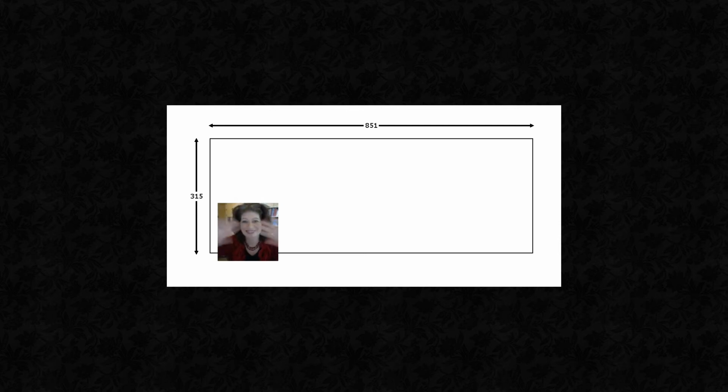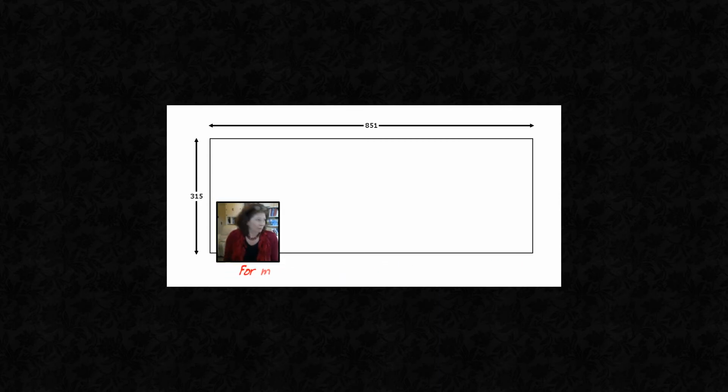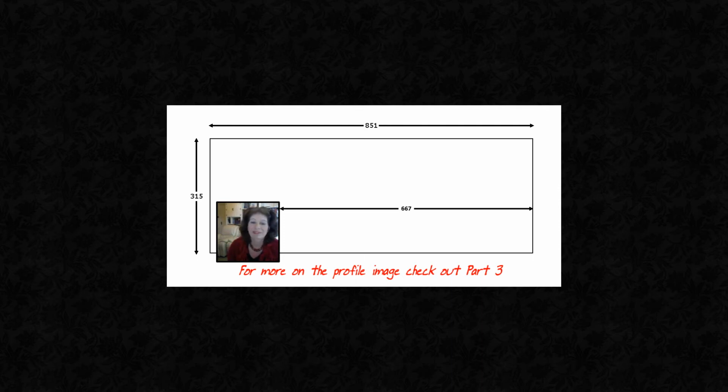I doubt you'll really mind the major obstruction, which is your own profile pic. It's displayed as a 160 pixel square image, but Facebook recommends that you upload an image of at least 180 by 180. Whatever you do, make sure it's a square image you upload to avoid any distortion. And then Facebook adds a 4 pixel border around the image. The profile pic is placed 16 pixels in from the left-hand edge of your cover image, which leaves 667 pixels